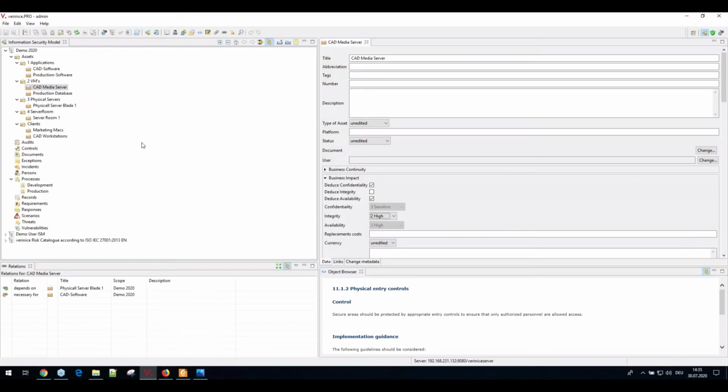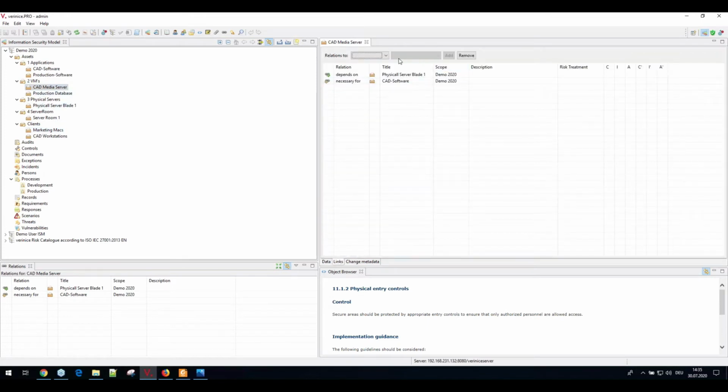Let me finish this part with two more tips. As you have seen, I created the relations here using drag and drop. There is another option, which is the link maker, which you will find in the tab in the editor here on the right. So I could create a relation to any other element out of the list to a process